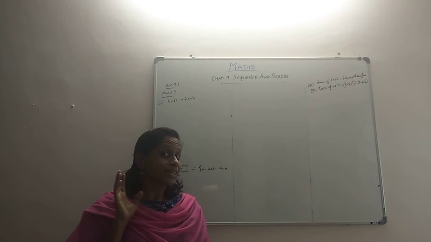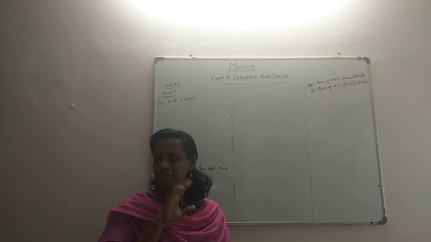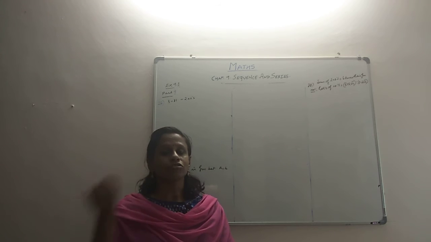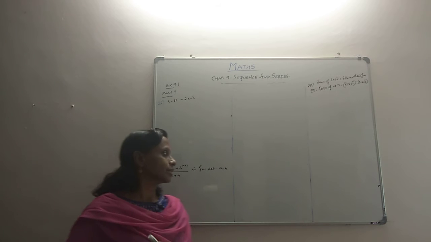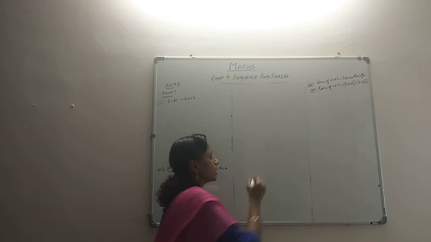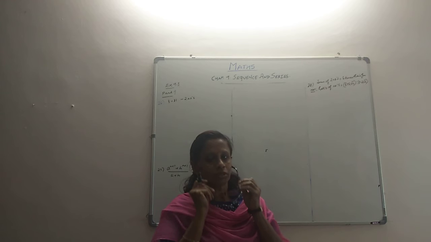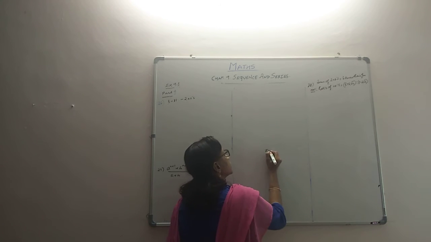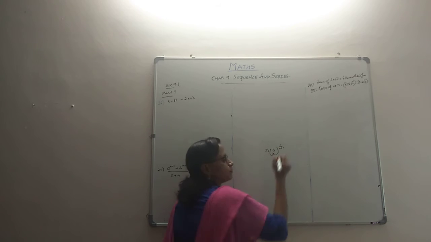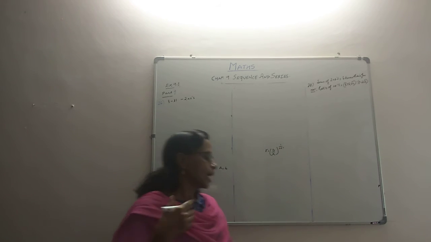As we did in the arithmetic mean, we tried to find out D in the arithmetic mean. So also here we will find out R, and with the help of that R we will be able to get the terms. Roughly, suppose if you are introducing n terms between the terms A and B, then the R is B by A whole raised to 1 by n plus 1. This is a formula. With the help of this we will build up the R.